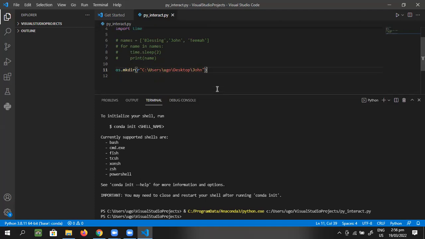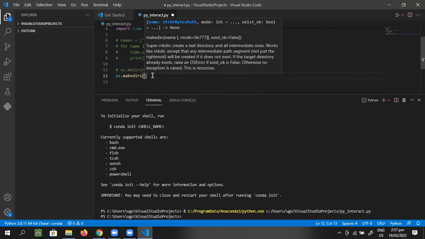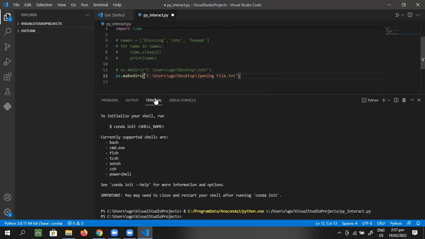This time I'm going to use os.makedirs. Then I'm going to comment out this code so that it doesn't run again, because if it does, it's going to give me an error message telling me the folder John already exists. I'm going to put my desktop path again and convert it to a raw string, because if I don't, the system will give me an error. And then I will call this one OGE,